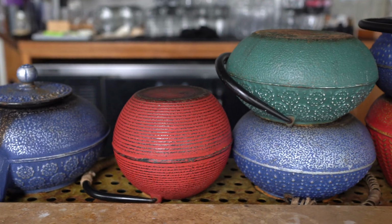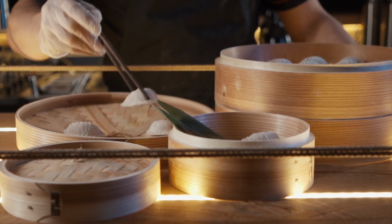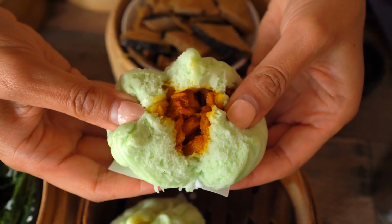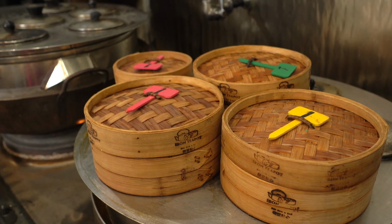Cantonese dim sum culture began in tea rooms in the latter half of the 19th century. Silk Road travelers and traders would take breaks in tea houses for a dim sum meal. Fast forward to today, dim sum includes dishes and traditions adopted from many regions of China, and now it's even